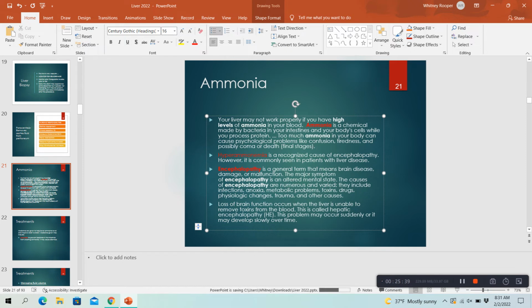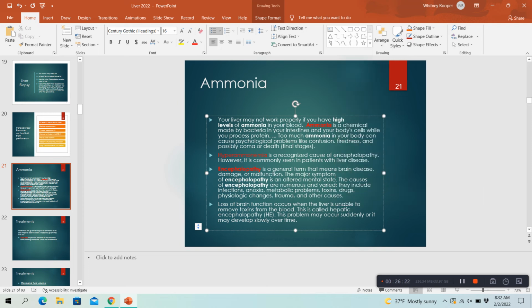Hyperammonemia is the cause of encephalopathy, and it is commonly seen in people with liver disease. Encephalopathy is a general term that means brain disease. They're going to have an altered mental state. It can be due to infection, anoxia,